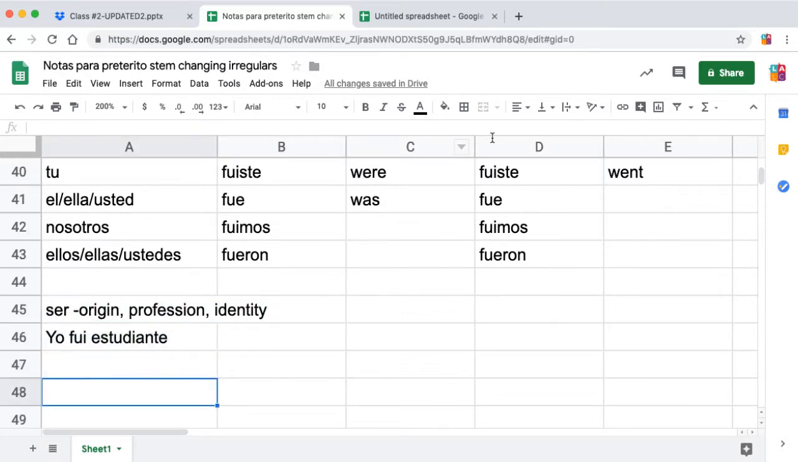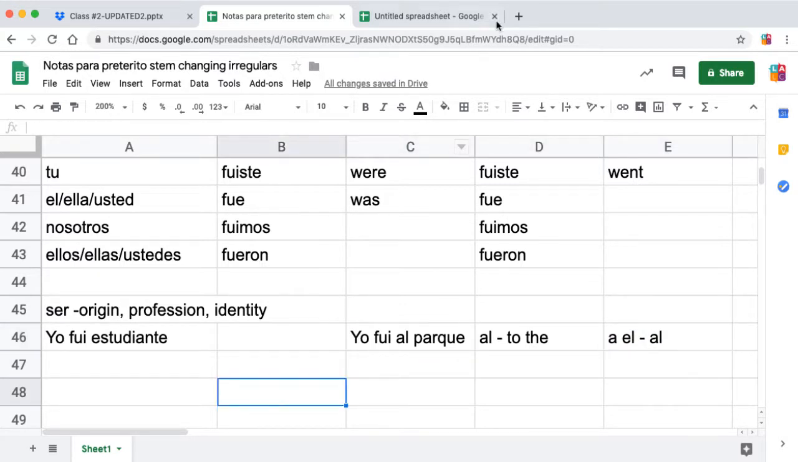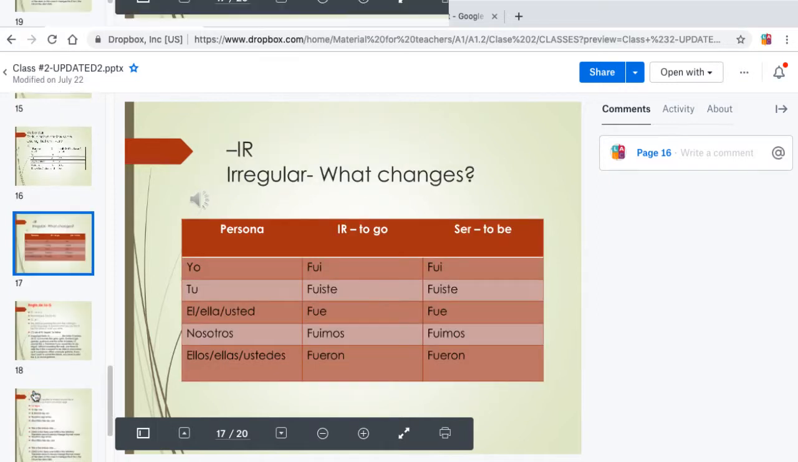So I prefer you to use it more with ir right now, which means I went. It's much more useful. So for example, yo fui al parque. I went to the park. Al is a contraction of a el, to the, okay? So it's AL. Yo fui al parque. I went to the park, okay? So being said that,